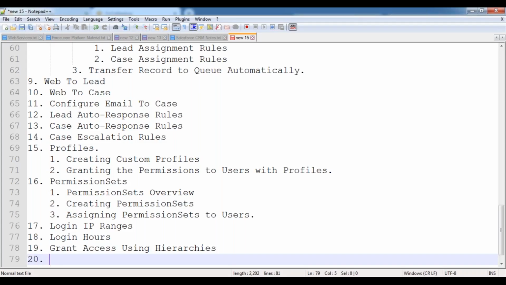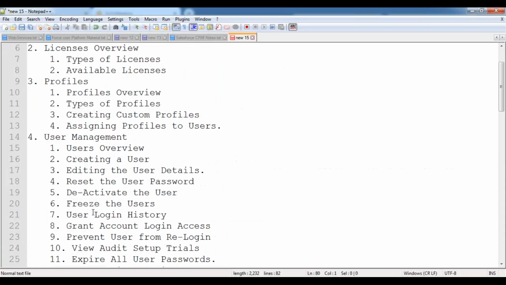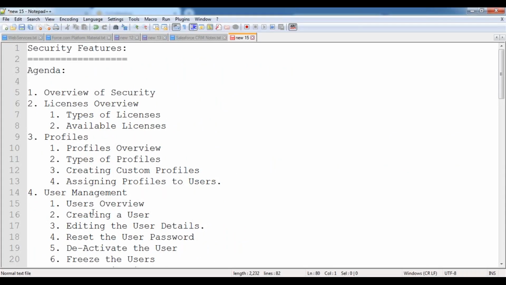We'll configure the password policies. Password policies. These are the various features we are going to be discussing as part of the security concept. Security is the most important feature as part of your configuration. Whenever you are attending the interviews,